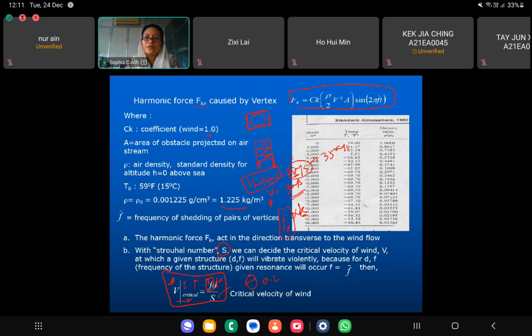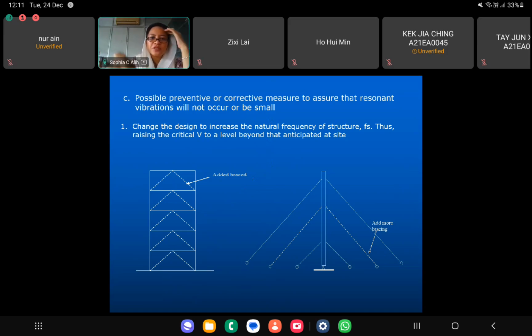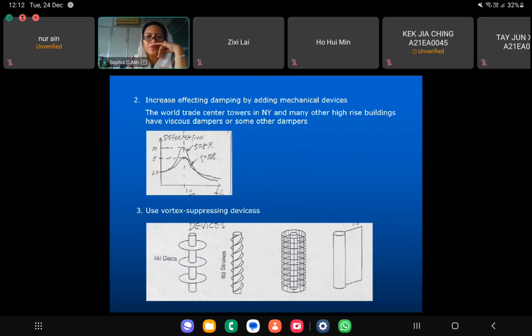So these are the kinds of things that as an engineer, you can propose in your design and see what is the effect when it comes to the wind forces on your structure, right? So these are the things that I mentioned to you. You can add braces. For the building, you can add braces. Also for bridges, you can add more cables in order to make them stiffer. Other than that, as I mentioned before, you can also increase the damping, right, by